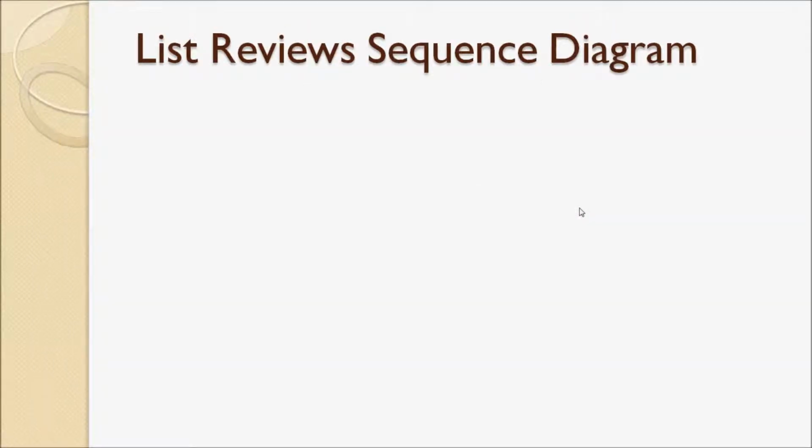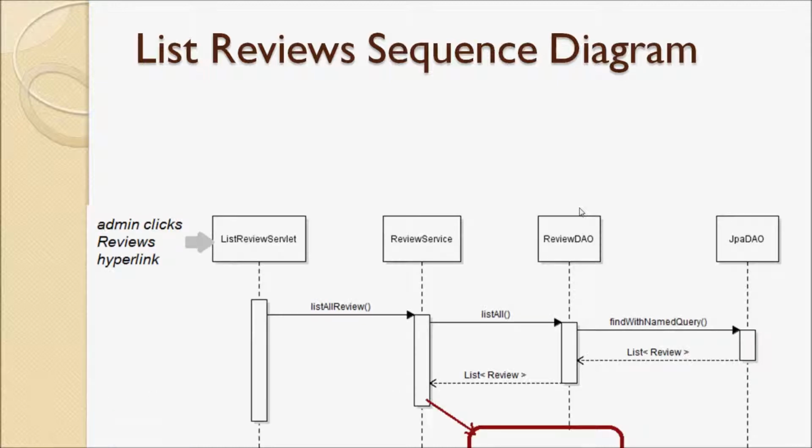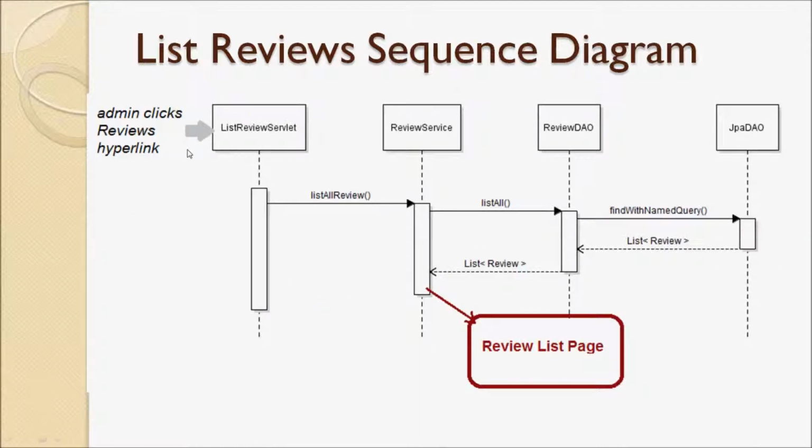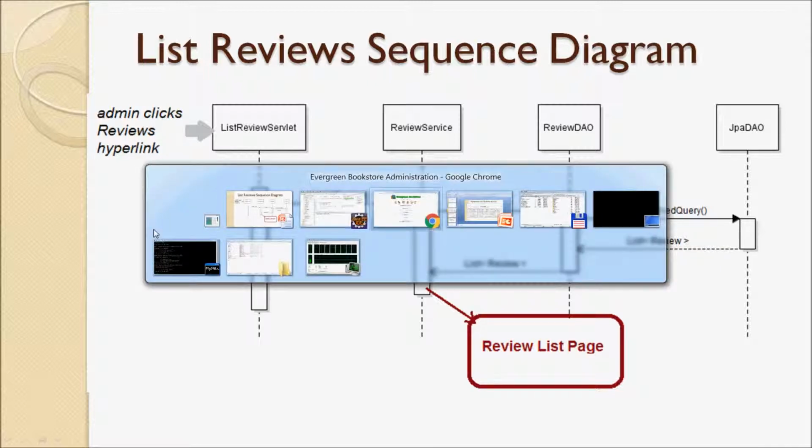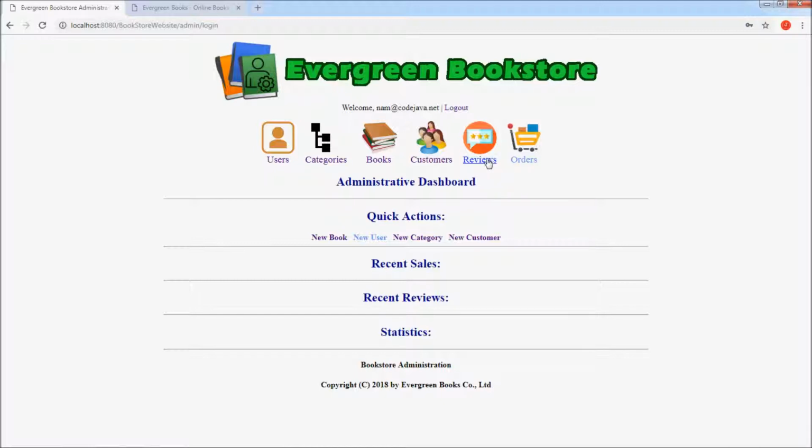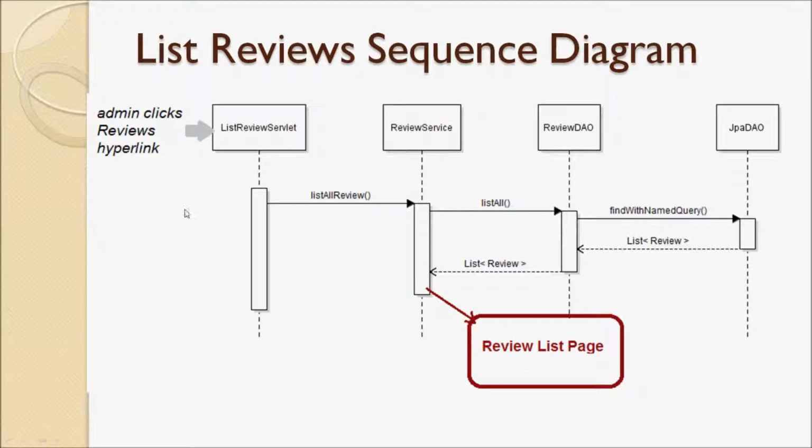And let's see the list review sequence diagram. When the admin user clicks the reviews hyperlink in the admin section here, the list review servlet is invoked, and in turn it invokes the listAll review method on an instance of the review services class, and in turn it calls the listAll method of the review DAO class, and in turn it invokes the